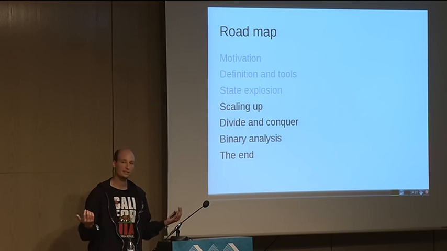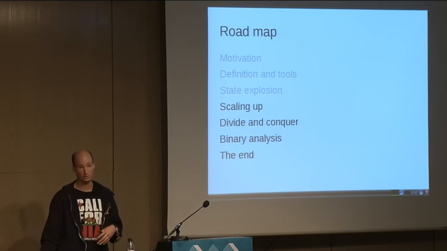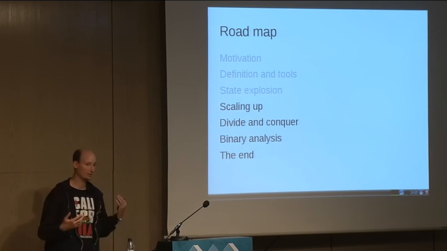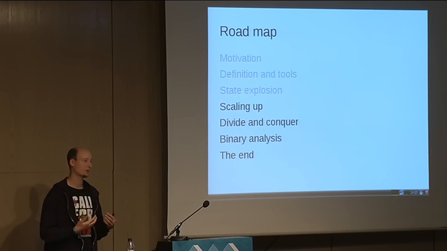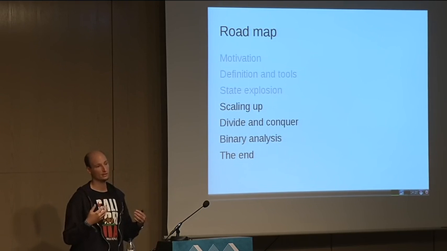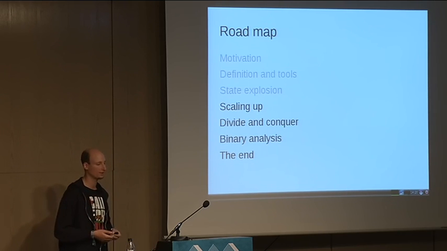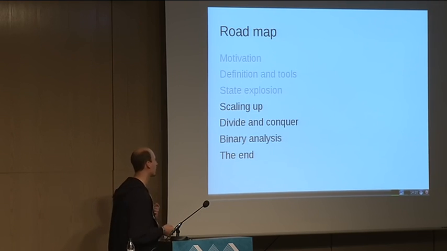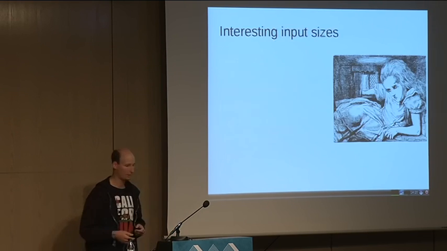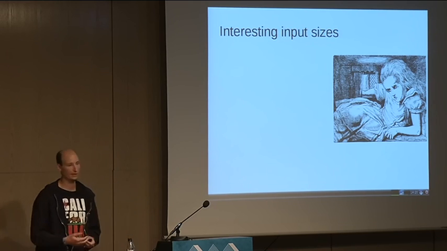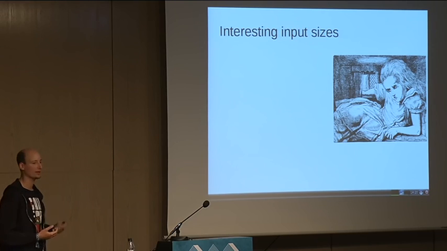So let's scale it up. Instead of just 7 symbolic input bytes, we want to have more. We want to solve the problem in the first step using some set of heuristics. So if we can somehow encode specific conditions that help us in the symbolic execution process, how far can we go then? How far can we scale it up, if code behaves according to a set of properties that we define in the next step? So what are interesting input sizes for us? How far can we scale it up in this limited space of computation that we have available?